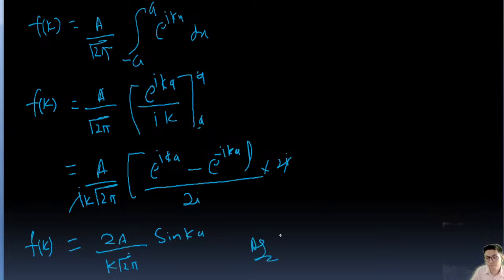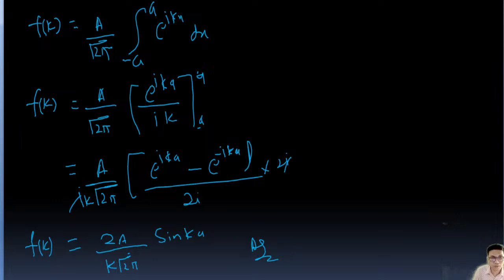Have I made any mistake? This is 2, and the value is coming a upon k root 2 pi sine ka, right? Okay. Next